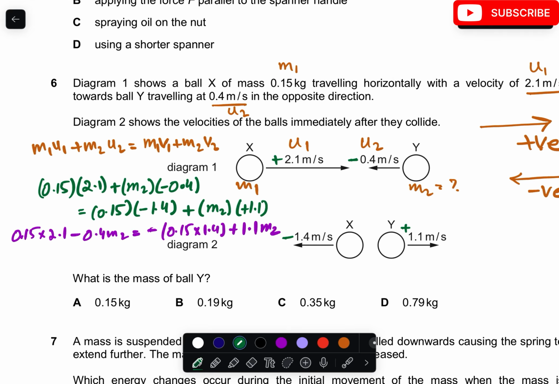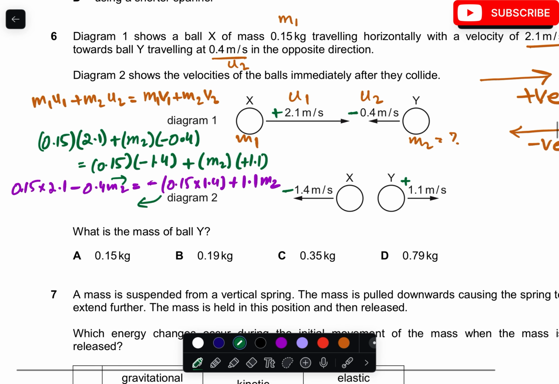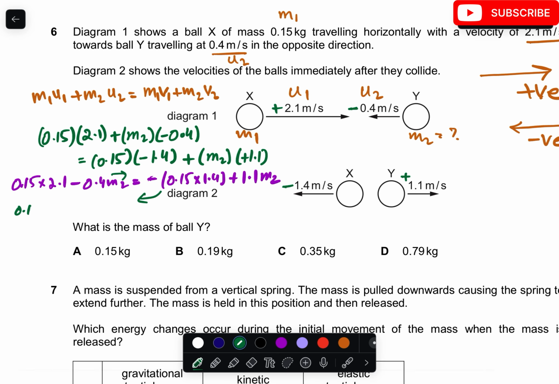Okay, what I'm going to do is take this thing on the left and this thing on the right. This will give me 0.15 into 2.1 plus 0.15 into 1.4 is equal to 0.4 m2 plus 1.1 m2. Okay, simplifying this, you will get